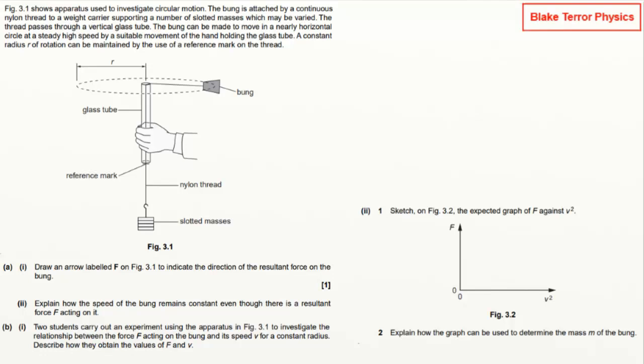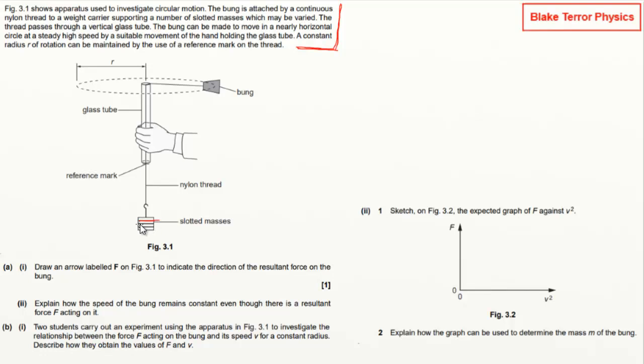Hello, we're carrying on with circular motion questions in this video, and this is one of the experiments that I just can't stand in A-level physics. I just don't think it's very good at all. But they seem obsessed with it in exam questions and in A-level practical, so we might as well have a look at it. This is the one where you've got this bung that you're swinging around in a horizontal circle,